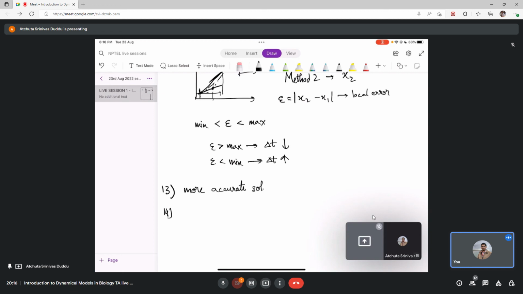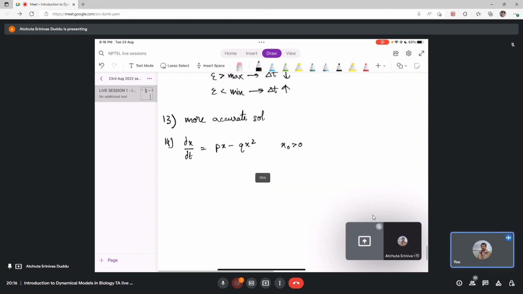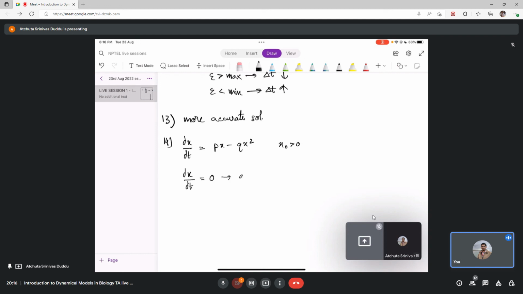14th question. The following ODE is a simplified model for cell dynamics in the tissue. X is the number of cells, P and Q are the rate constants for cell division and cell death respectively. So dx by dt is given by px minus qx square. What will be the value of x after a very long time? Consider the initial number of cells to be x naught greater than 0. Again, after a very long time, as we have done previously, we consider dx by dt to be 0,